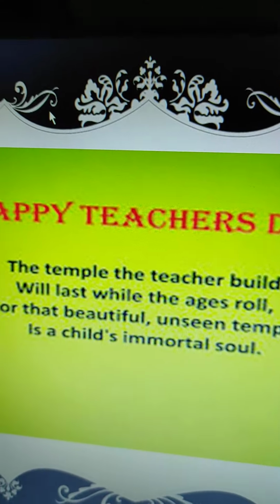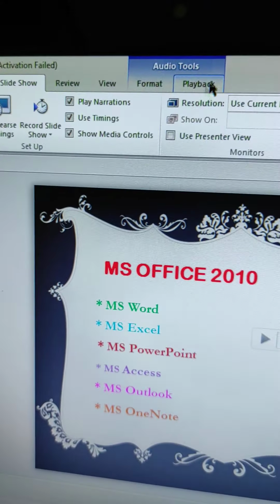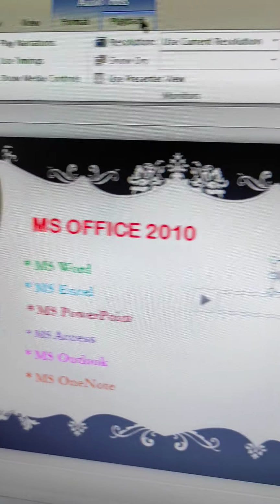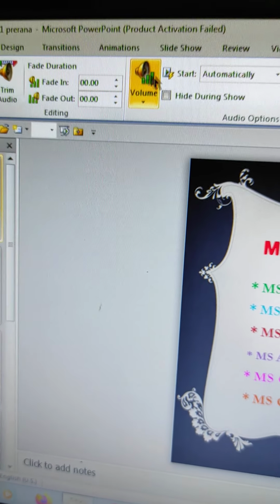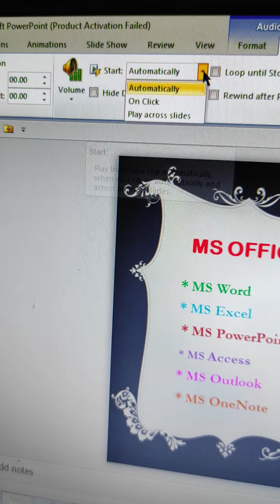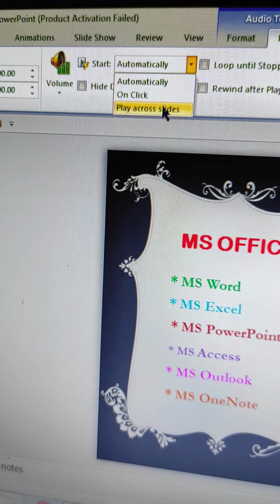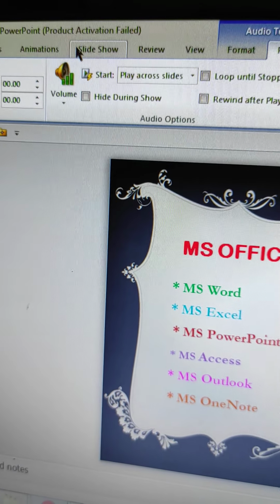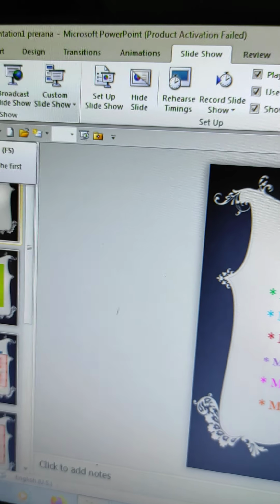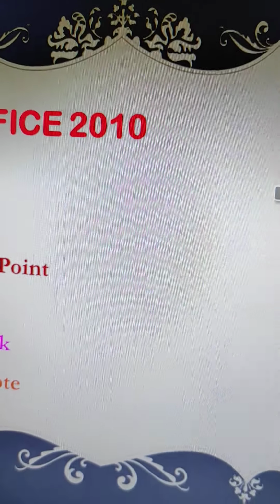Then what will we do? For that, we will go to the Playback option, and here is one option, that is Play Across Slides. Okay. Now we will play from the beginning. Then your song will play.